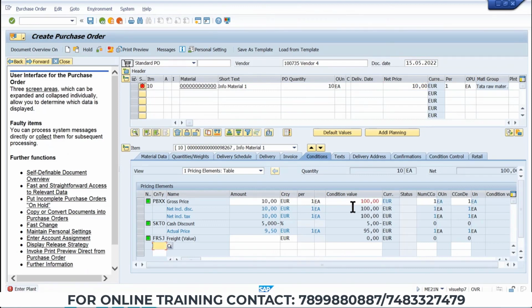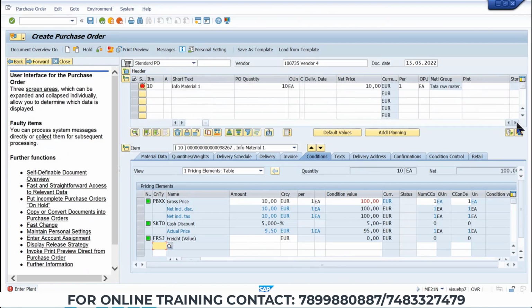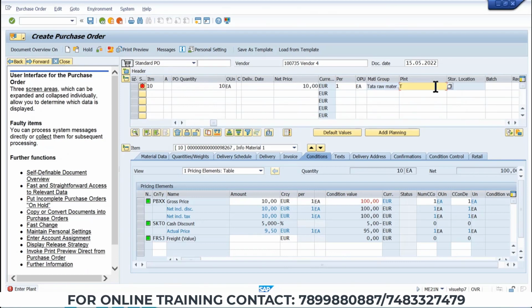So what is the total price? 100, right? Use the plant DP1. Once you enter DP1,